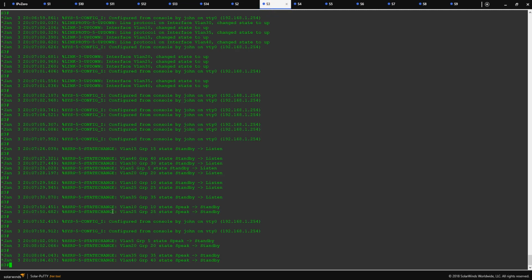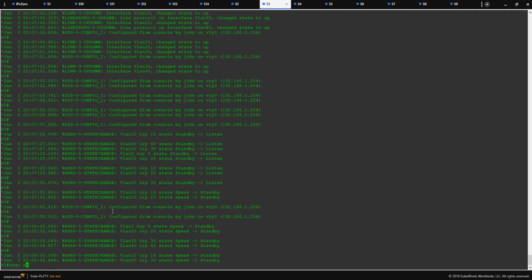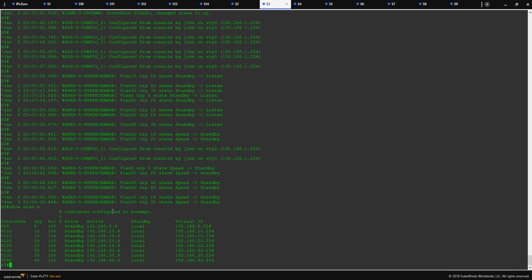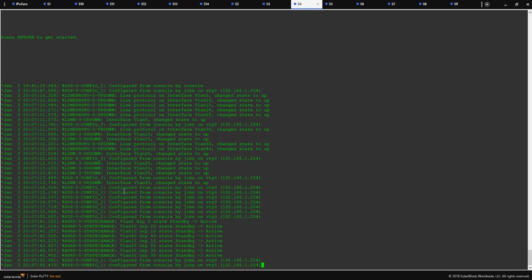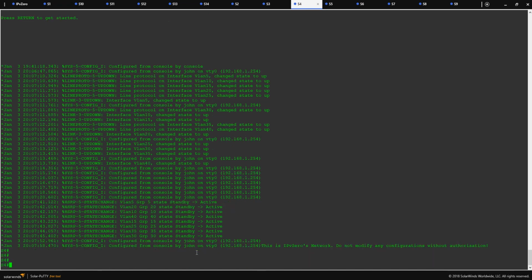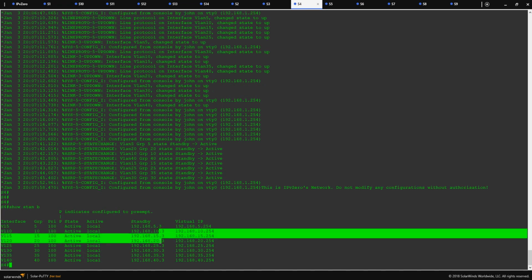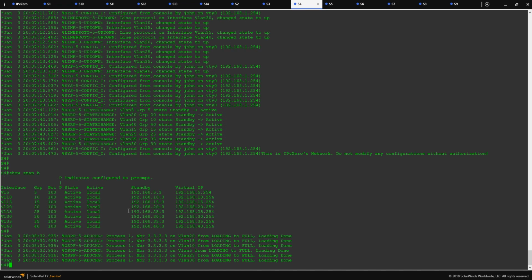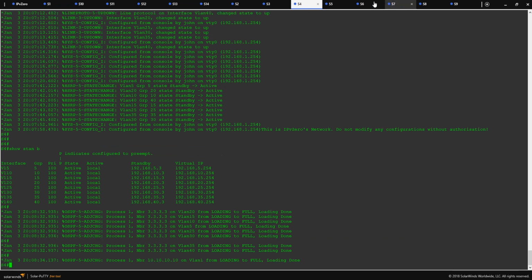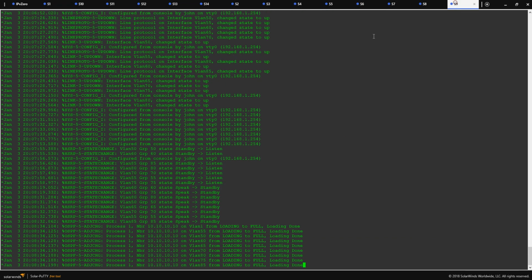So if we do, for example, show standby brief, we've got our HSRP, that's number 3. They're all 35.4 for the active ones. This means this is the active one right now. And we go on to show standby brief. Standby is a 3 one. That's our OSPF up as well. If we go to, say, number 9,